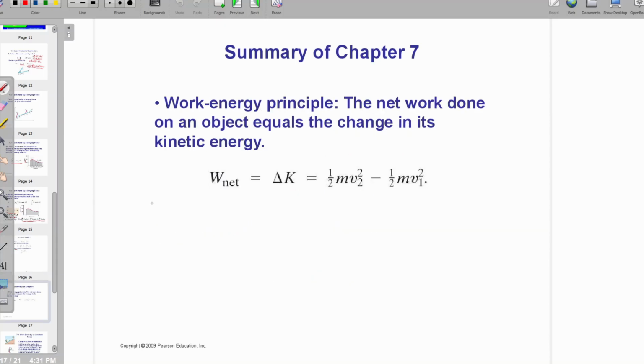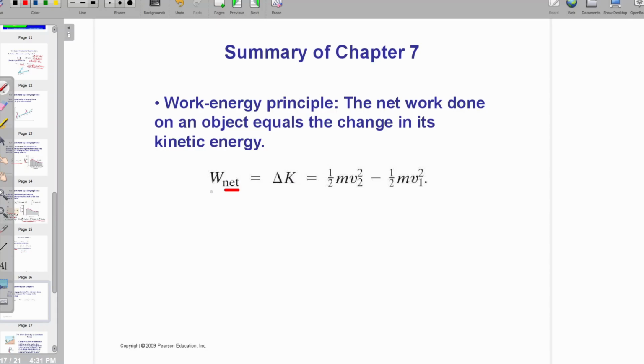And then we also talked about the work energy principle, which is a very useful principle. It's very helpful for solving problems. The work energy principle says that the net work done on an object equals the change in its kinetic energy. So the final kinetic energy minus the initial kinetic energy is equal to the net work done by all forces